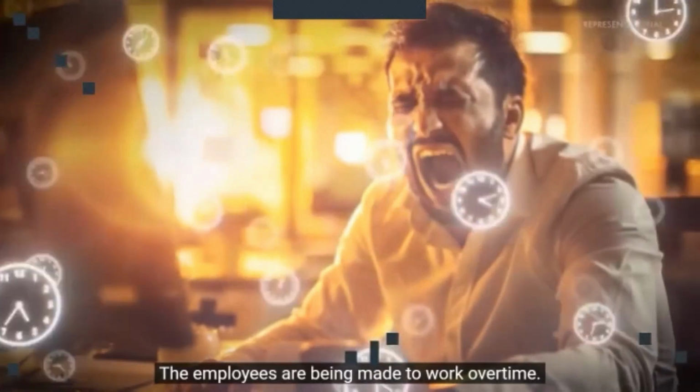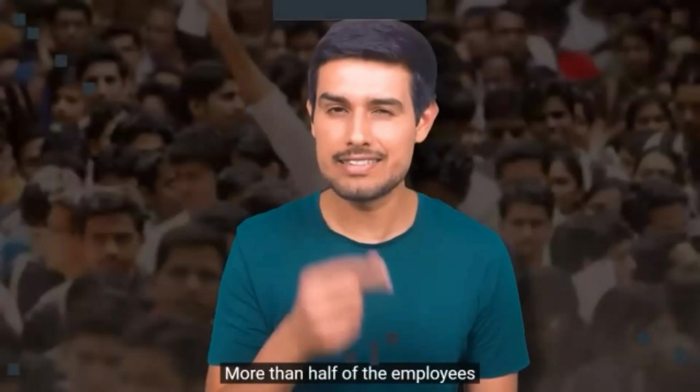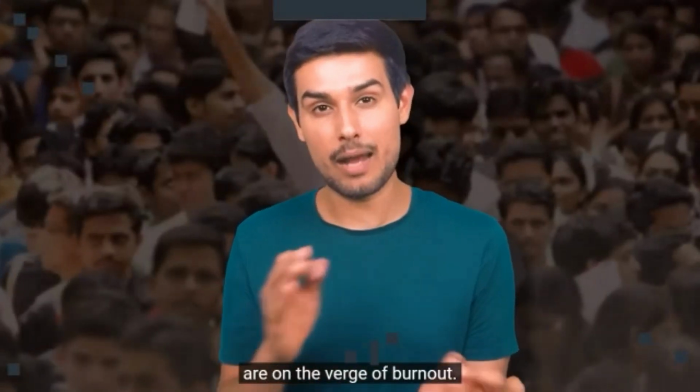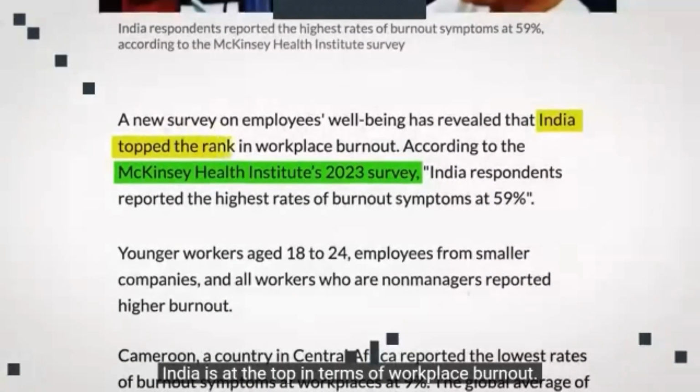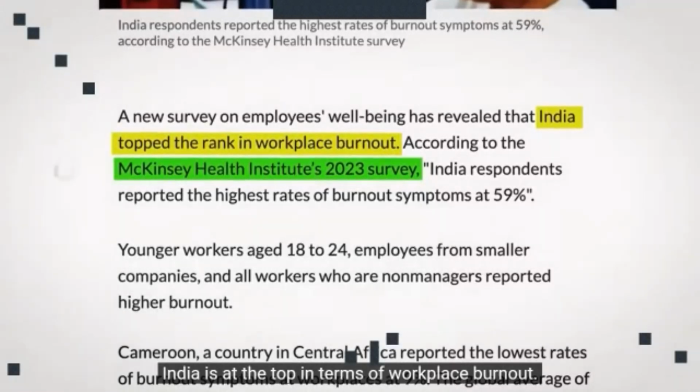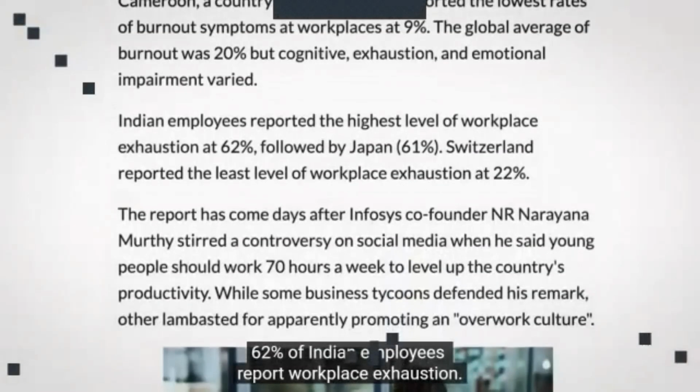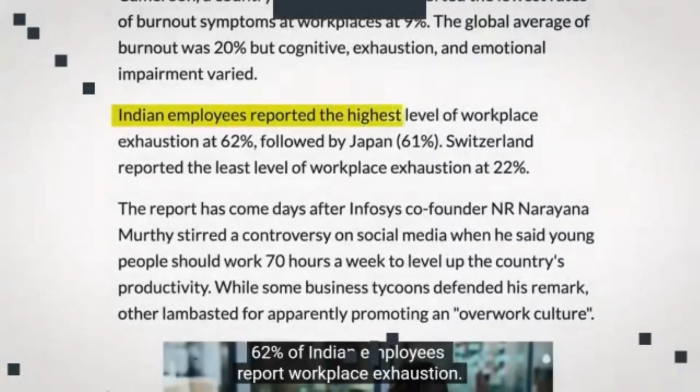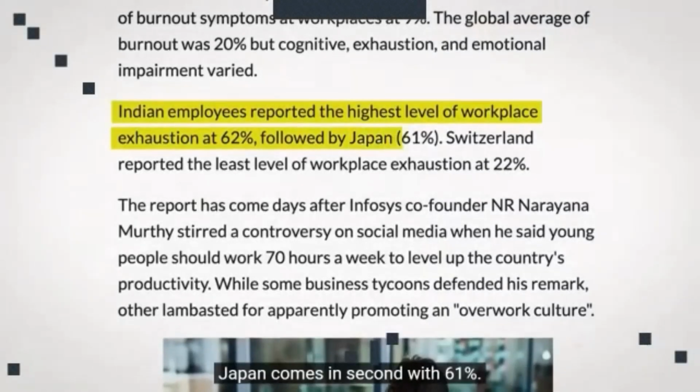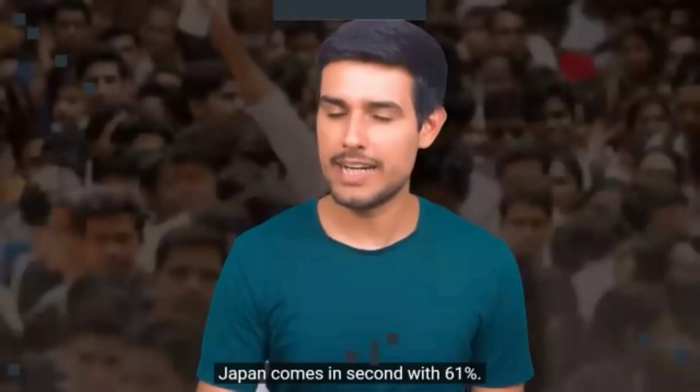जिन लोगों को नौकरियों पर रख रखा है उनसे ओवर टाइम काम कराया जा रहा है। आधे से ज्यादा एम्प्लॉयज बर्नआउट की कगार पर है। मैकिंसी हेल्थ इंस्टीट्यूट 2023 के सर्वे के अनुसार वर्क प्लेस बर्नआउट सर्वे में इंडिया टॉप पर है। 62% इंडियन एम्प्लॉयज वर्क प्लेस एग्जॉशन रिपोर्ट करते हैं। सेकंड नंबर पर जापान आता है 61% के साथ।